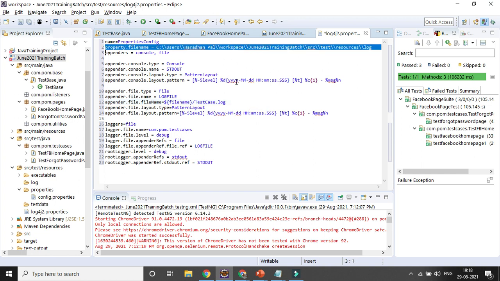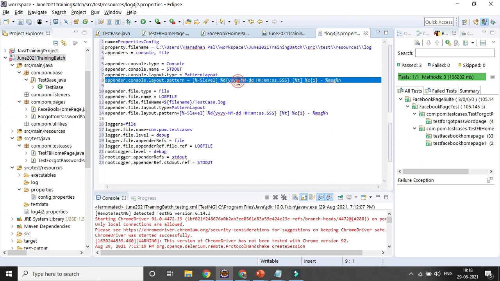And what is the pattern? It will generate the log, right? The message will be there, and definitely this is the pattern: year, hour, minute, second, and millisecond. So you can update it if it is required, but I don't prefer to update it, so that it will be the same format, so that you can visualize in which date, which minute, which second, which month, which year the log got generated. So that is the one path, right? After that you need to save it.